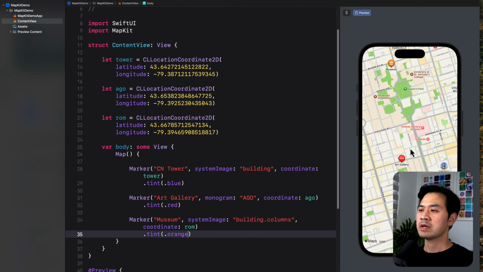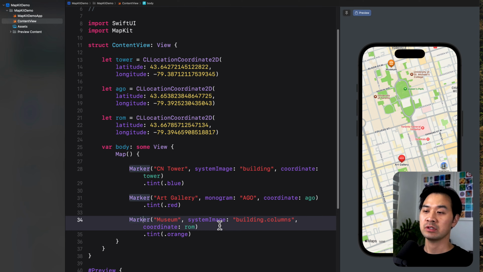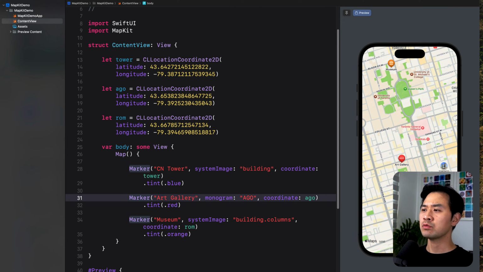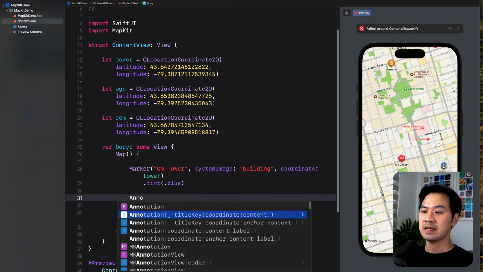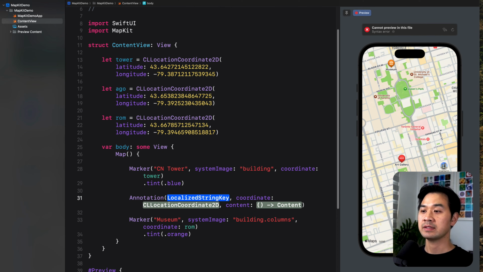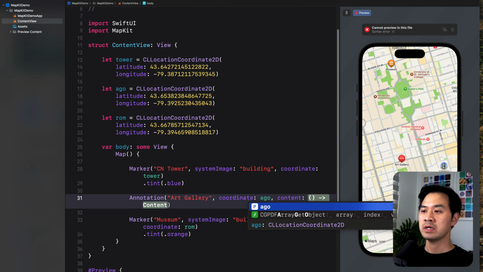But if you wanted to completely change this little bubble and you wanted to put your own icon there, you can as well. You can use what's called an annotation instead of a marker, and it actually looks really, really similar. So let's say, for example, for the art gallery, I don't want to display the AGO. I can choose annotation instead, and it accepts the title, the coordinate, and content. And in this content, you can then put your own view that you want to use. So let's call this art gallery. Coordinate is AGO, and the content